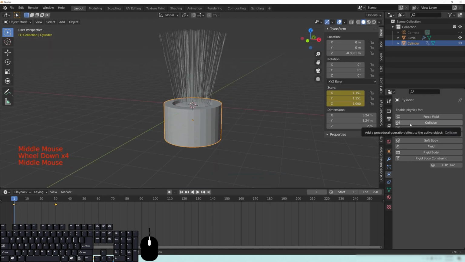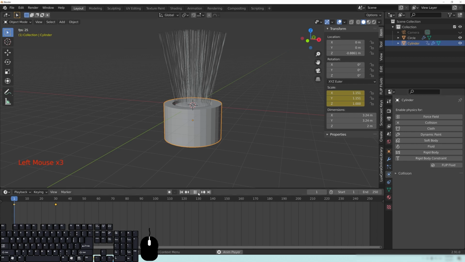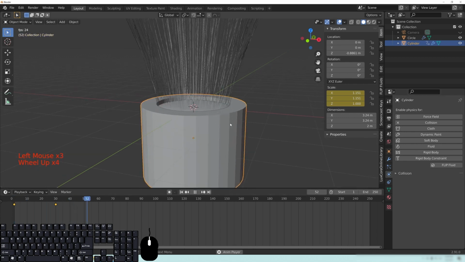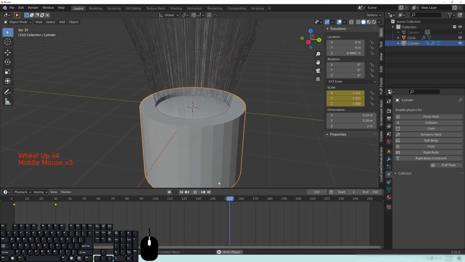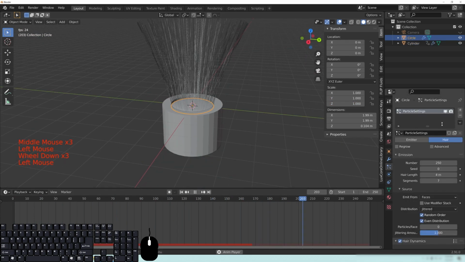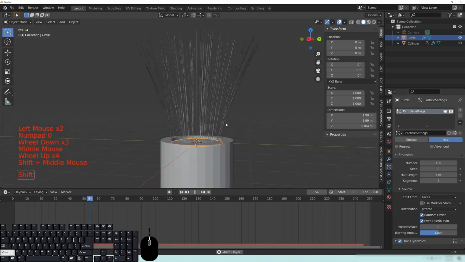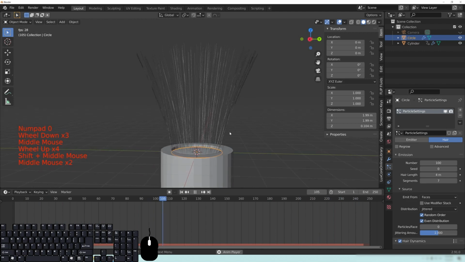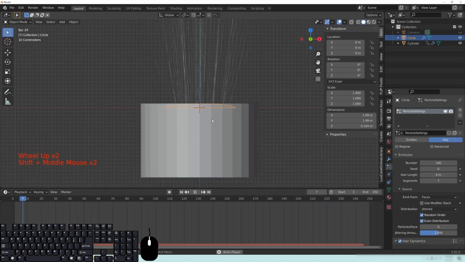Over here, you're going to see where it says Collision, and we're going to left click on that. Okay, we're just going to leave everything exactly as it is. Now, when we hit play, you'll notice that it's now interacting with our hair emitter. So if I change this back to 1,000, we'll see it a little bit more obvious. You can see that now the edges are being interacted with on the side with our cylinder object here,